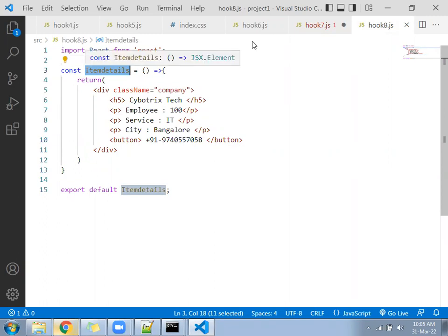Okay, so hold on. Come to your hook 8 file. Here, instead of item details, write company details.